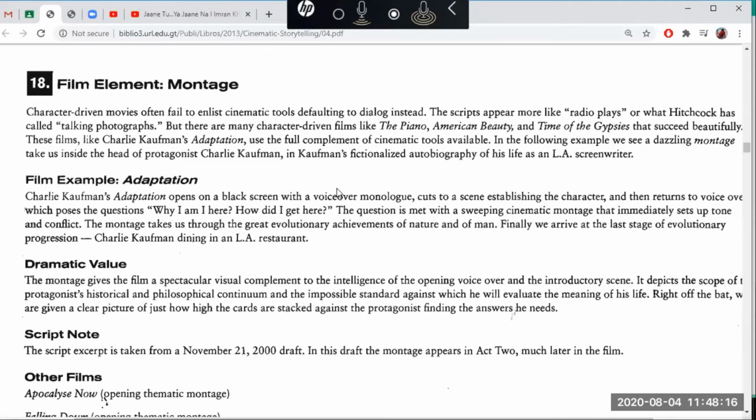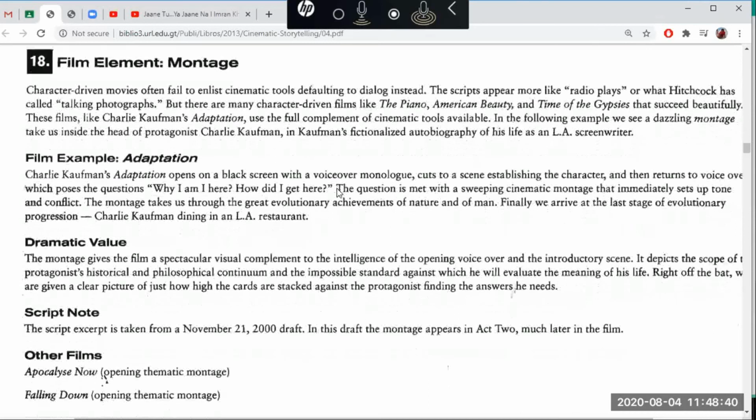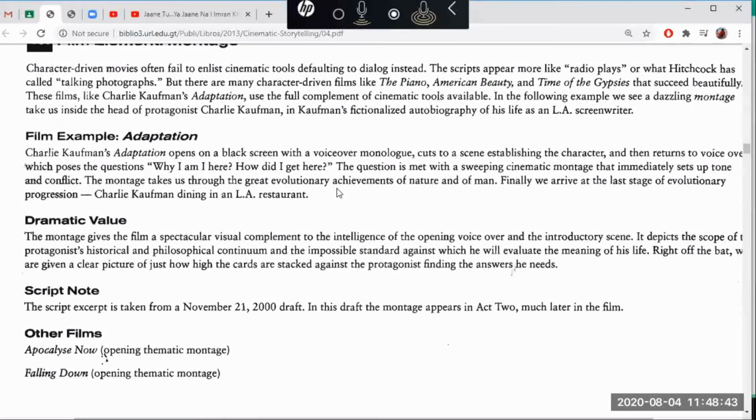It just says that the film Piano, American Beauty, Time of the Gypsies, and many other beautiful films, or some films by Kaufman actually, Kaufman's Adaptation also used adaptation as a cinematic tool, or adaptation as a means for developing the language of his film, or to create meanings through the content. Okay, it says that in Adaptation,